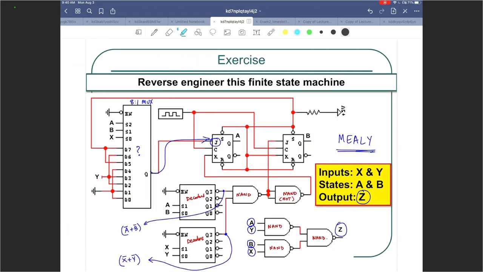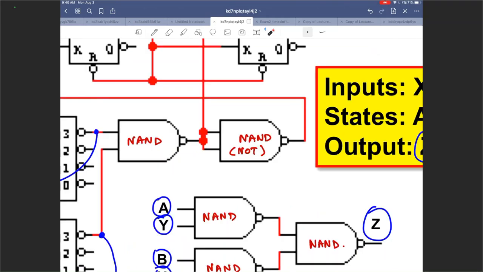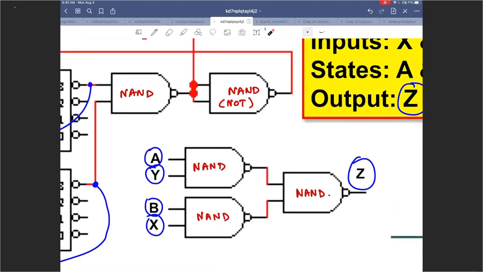And then the rest of it is combinational. So, well, all of it is combinational except for the JK flip-flops. You are able to use the decoders to write Q3 and Q3 here, equation for that. Then you have a bunch of NAND gates. You have the 8:1 mux. For this is quite simple, right? This one is probably the simplest because you can write the equation here to be A NAND Y. Over here you can write that as B NAND X, and then you can write Z